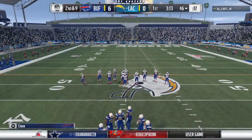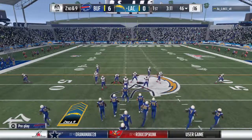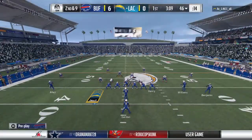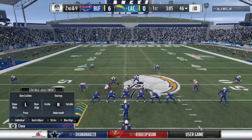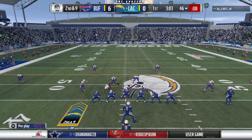And here comes play number 6 on this drive. Let's tight end. 3 down, 3 down. Now let's go. Back 90 up. Look 3, look 3. Back 90 up. Really,